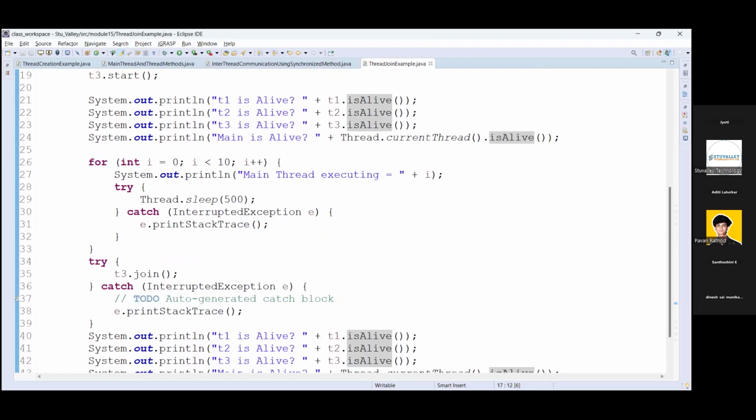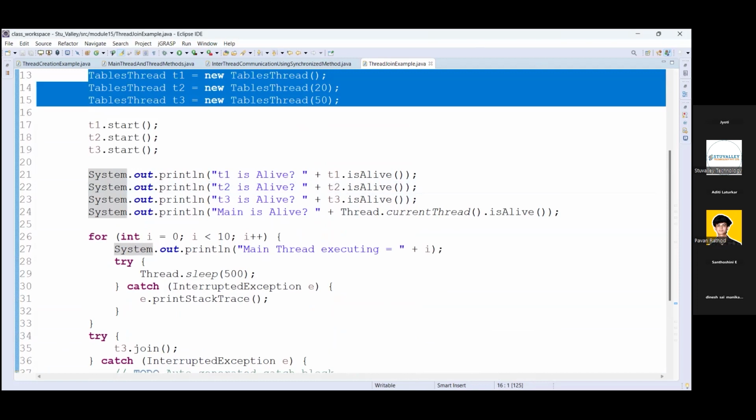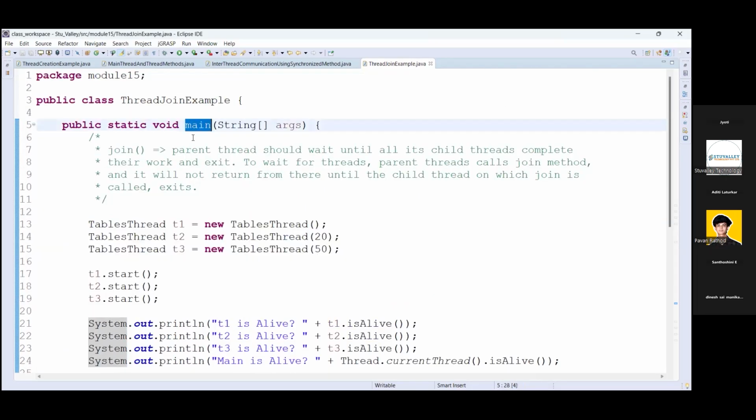In the real scenario, main itself is a thread. Yes, correct, the main method itself. So whatever small threads we are writing, all are child threads. Yes, these are all child threads. Is first preference given to the child threads, so that they complete and then it comes back to the parent? No, not like that. It is currently executing concurrently. The main method is also executing, and the child threads are also executing.